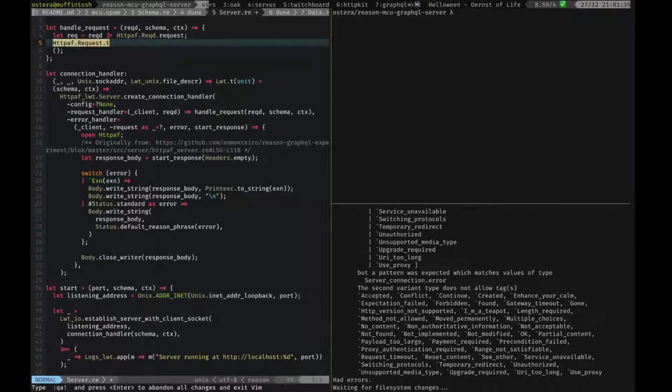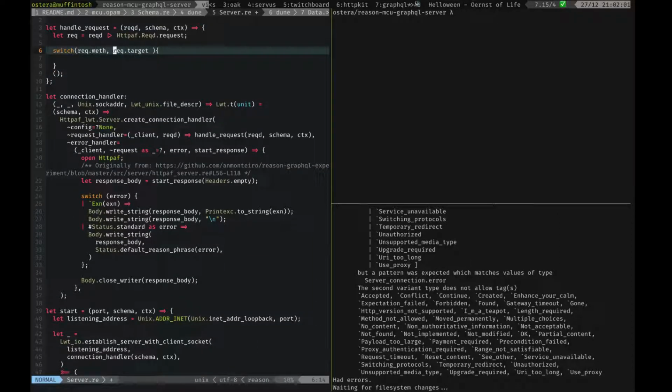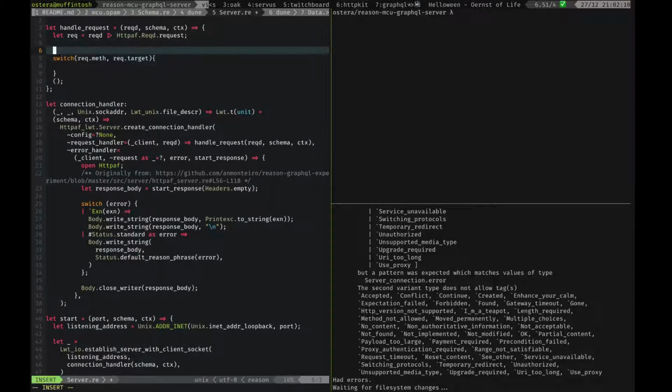All right. So now that we have the request object, we can just access it, and we can just say something like switch and request target here. But we can also pattern match on the method. But we can also pattern match on the target, right? Now the target will be a string, which means that we will have to pattern match on an exact string. And it's much nicer to pattern match on chunks of the string, so that we can pattern match on something like GraphQL, right? And then,